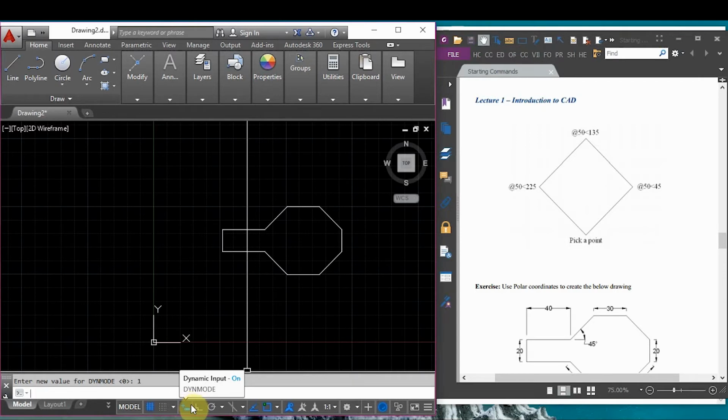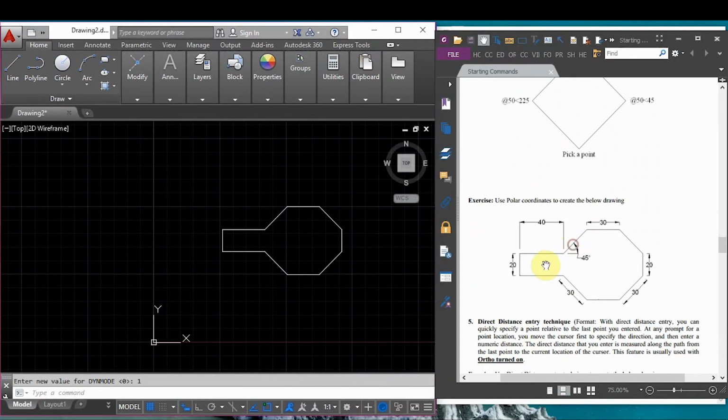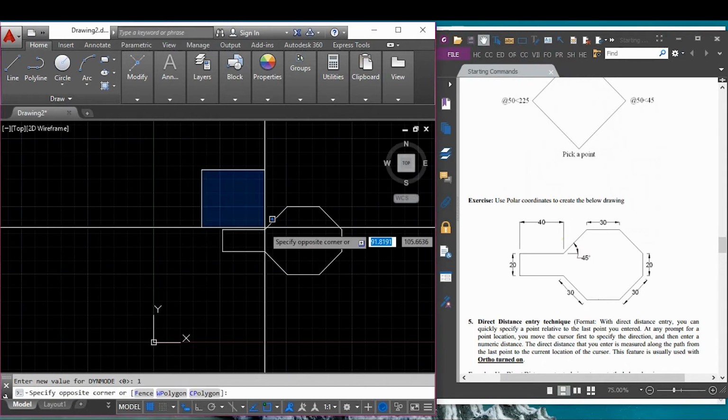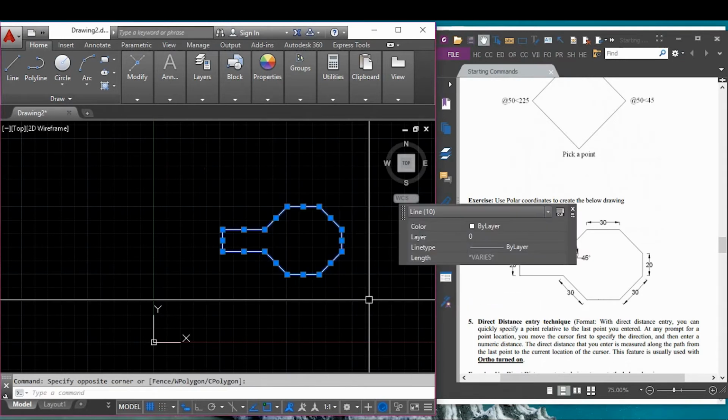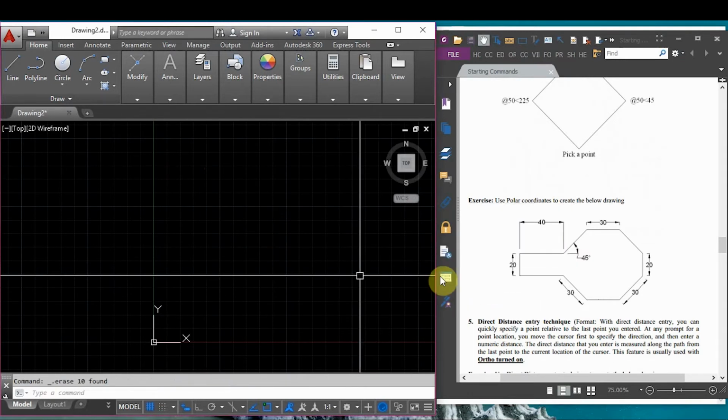By using the dynamic mode, the dynamic input, you don't need to put the Alt symbol before your input. For example, if I want to draw this again, I will delete this and I will draw it again. I will start with the first